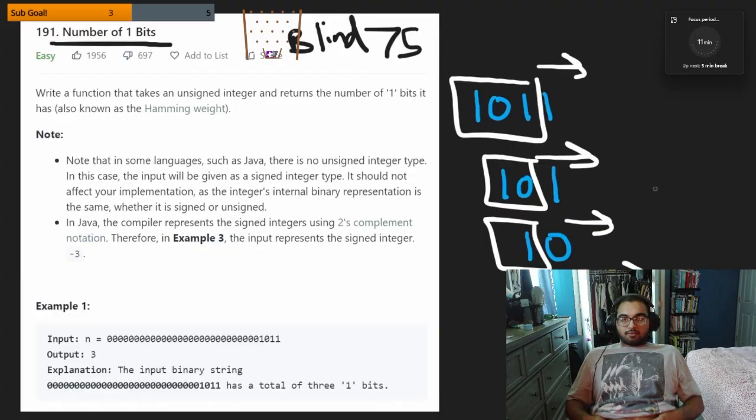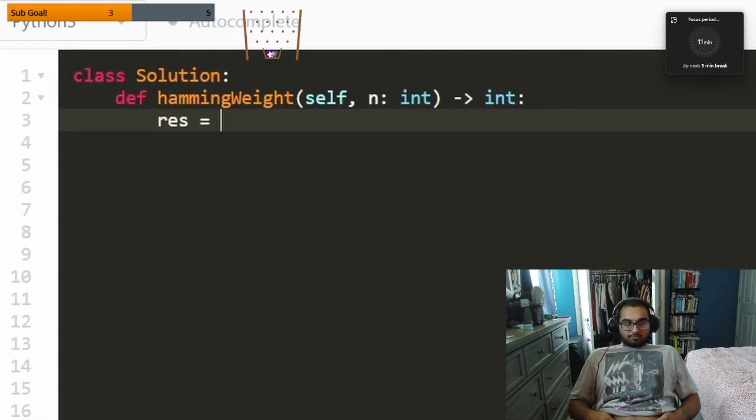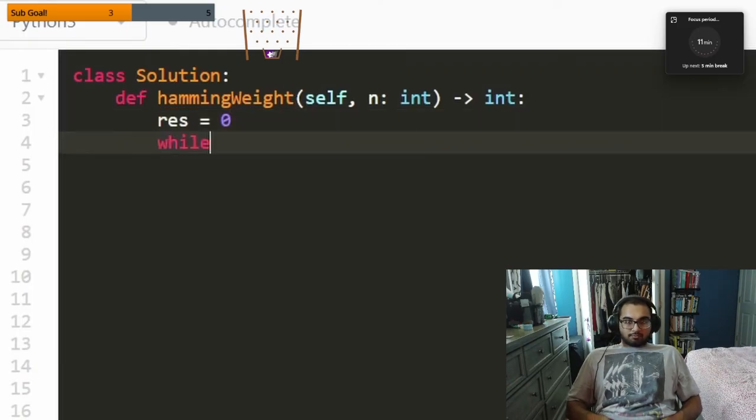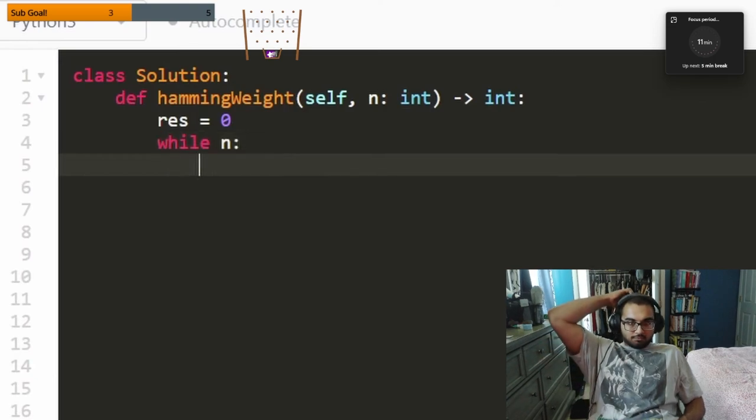So once you're familiar with these bit operations, it's a pretty straightforward problem. So let's code up the first solution. Okay, so now let's code it up. I'm going to declare one variable for the result, which is basically the total count, the total number of ones that we're going to have, and I'm going to continue counting the ones while n is greater than 0, or in other words, while it's not equal to 0, which I can do just like this,